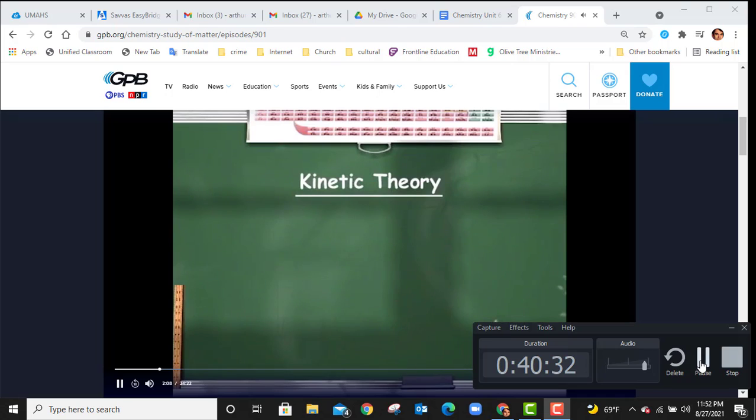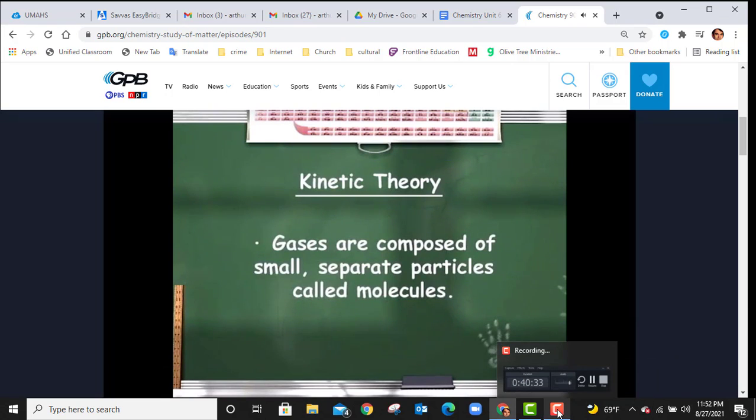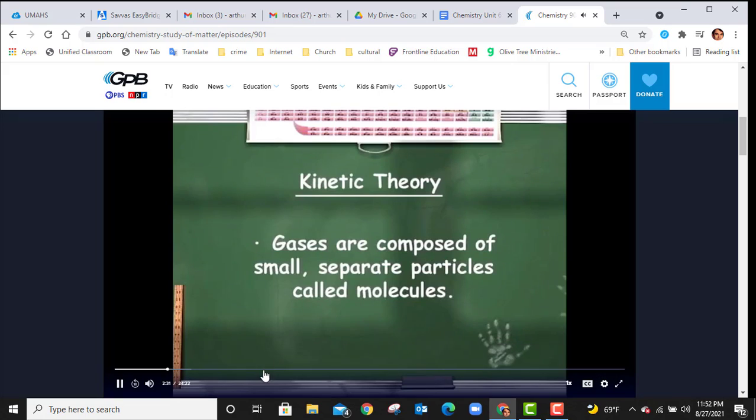The kinetic theory explains the molecules are so far apart that the total volume of the molecules is very, very